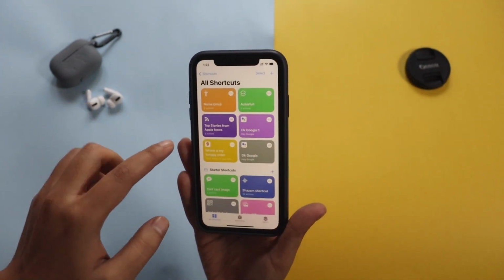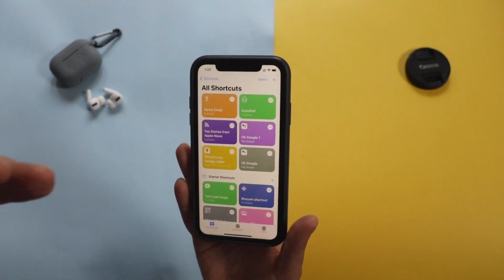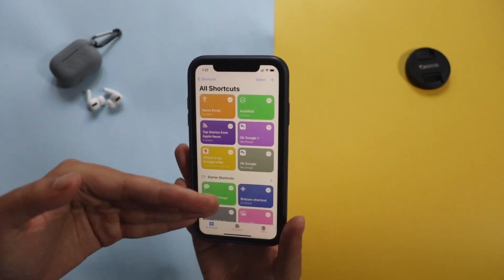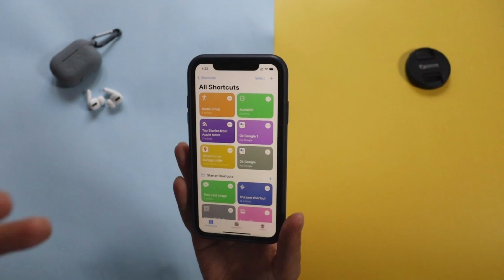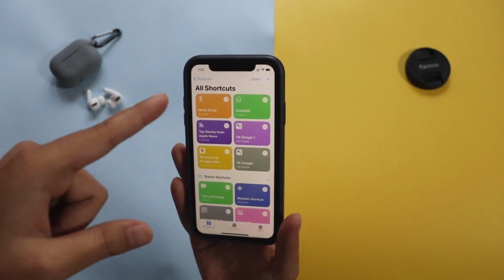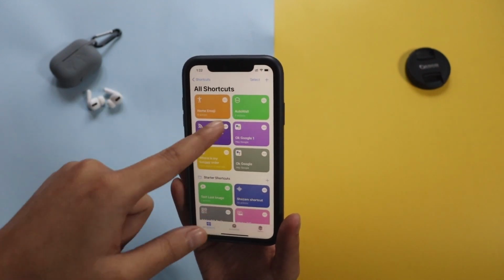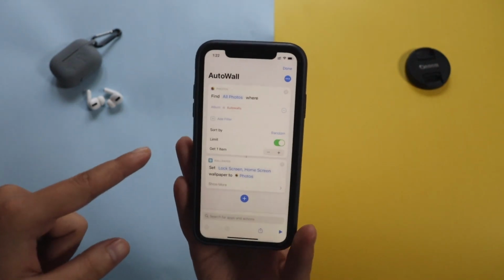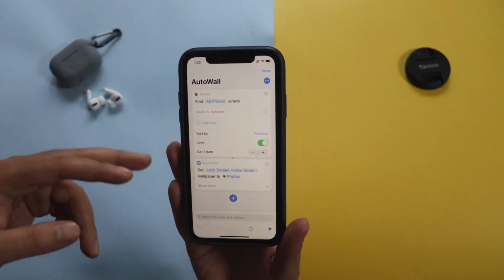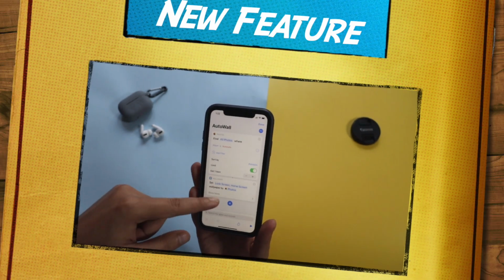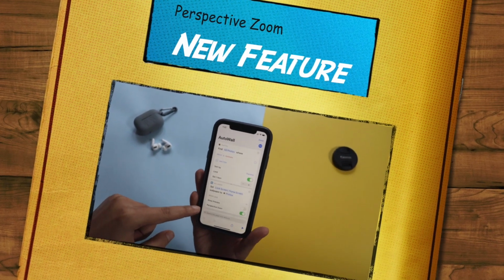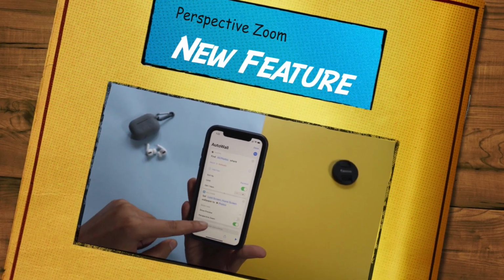If I go to Shortcuts, as you can see, some videos back I talked about the Shortcuts app and the shortcuts that I personally use on my iPhone. There is this shortcut called Auto Wall. If I go to Auto Wall, this is the edit screen that we get. If I click on Show More, there is an additional option which says Perspective Zoom.